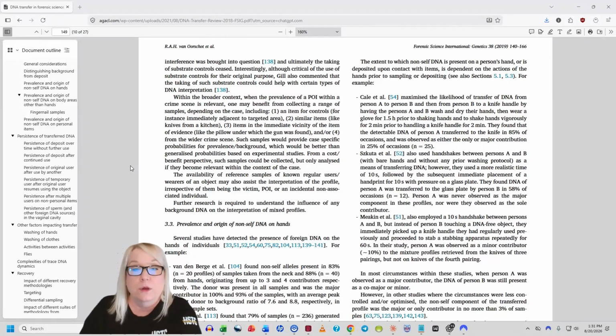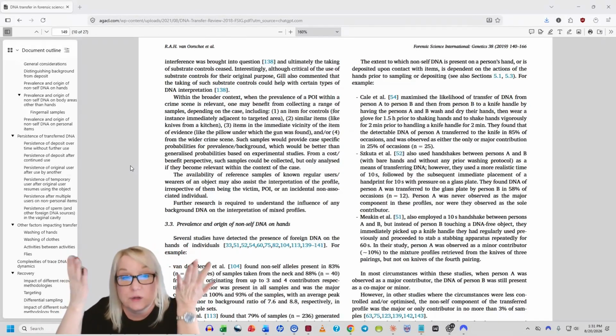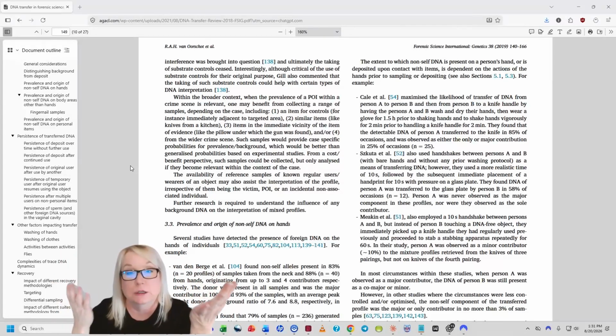Interestingly, although critical of the use of substrate controls for their original purpose, Gill also commented that the taking of such substrate controls could help with certain types of DNA interpretation. That's like known versus unknown. Within the broader context, when the prevalence of a POI, that's a person of interest, within a crime scene is relevant,